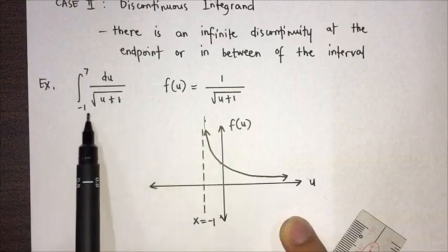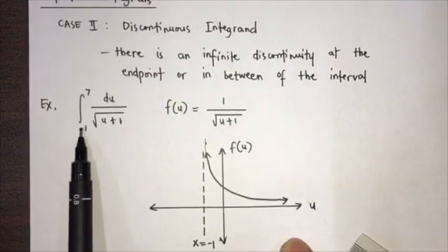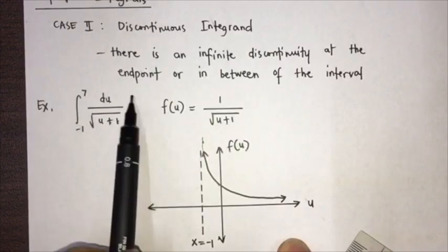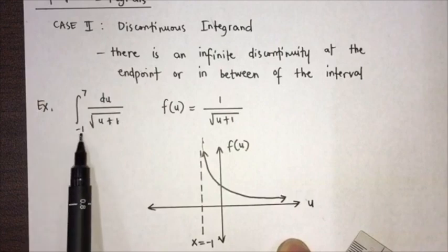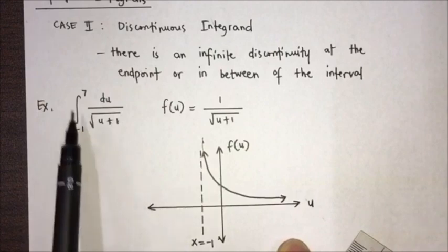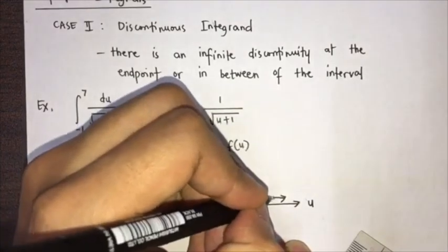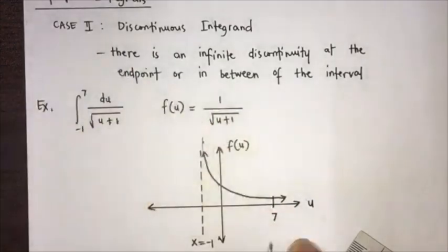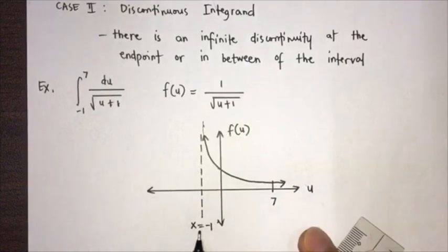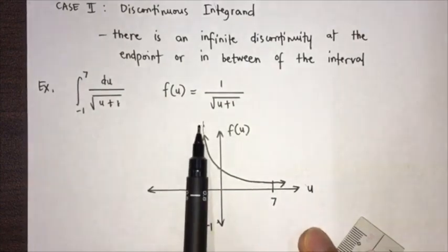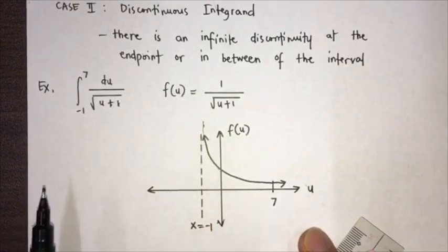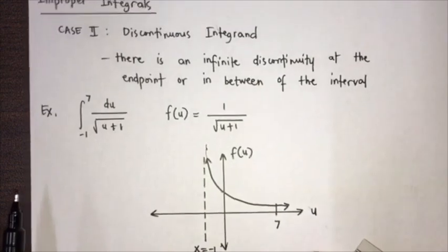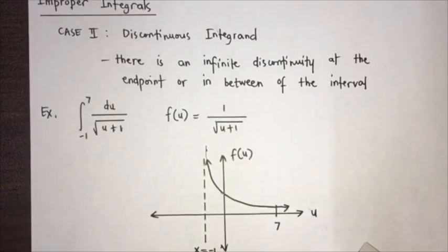That's why this integrand has an infinite discontinuity, particularly at an endpoint. This is one endpoint of the interval from negative 1 to positive 7. Say we have here our positive 7. So at one endpoint, at negative 1, there is an infinite discontinuity. Right there. In evaluating those types of integrands, we need to specify